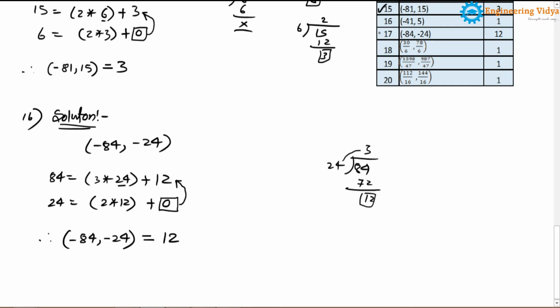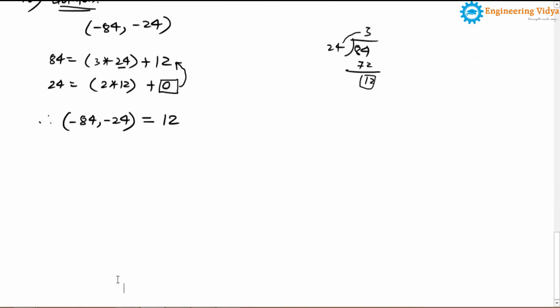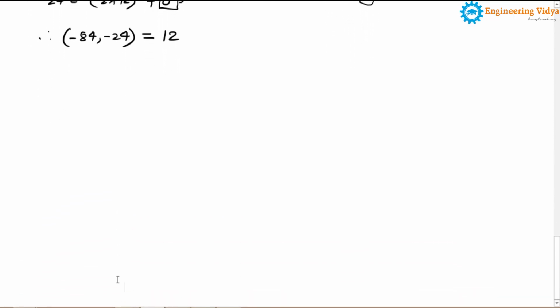In the same way we have solved sum number 17 also, and now see sum number 18. To solve sum number 18, one theorem is there, so we'll use this theorem. The theorem says, I'm writing over here, this is theorem number 2. Theorem number 1 we have already seen in my previous lecture. Theorem number 2 says that if A and B are integers,